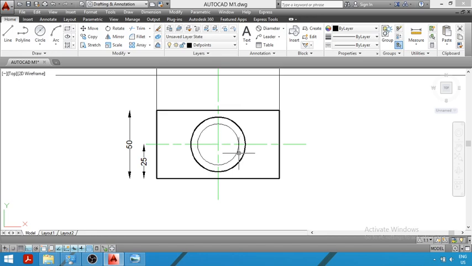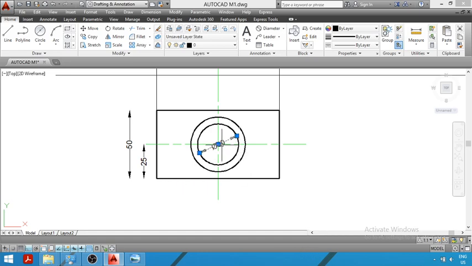So you can see we have drawn a circle. This is a circle of diameter 30 mm. I will give the dimension, you can see here. So the dimension of this circle, that is the hole on the upper side, is equal to 30 mm, and since this hole is visible, it will be a dark circle. Okay, I will be drawing a dark circle here. So with this center I have to draw a circle of diameter 30 mm. So we have drawn a visible circle, a dark circle of diameter 30 mm.